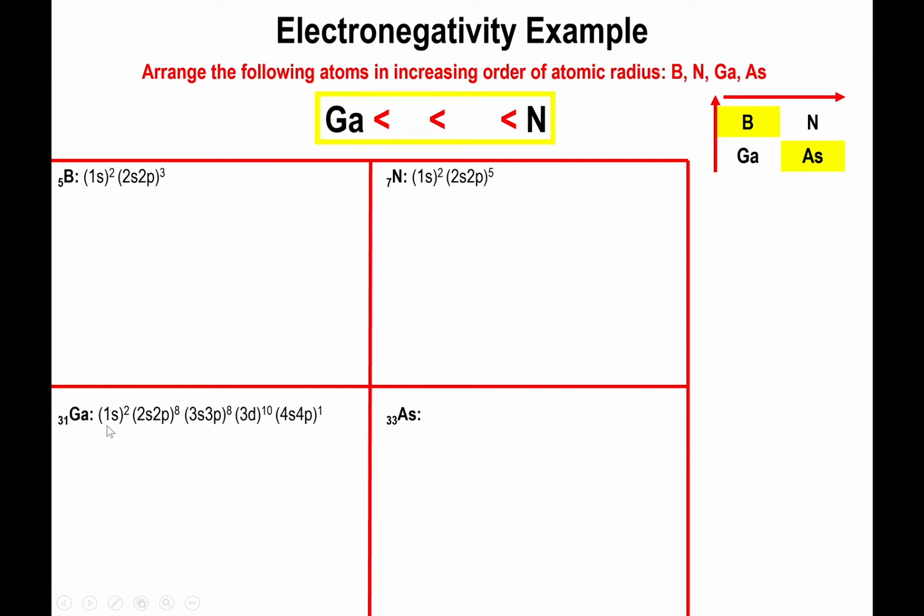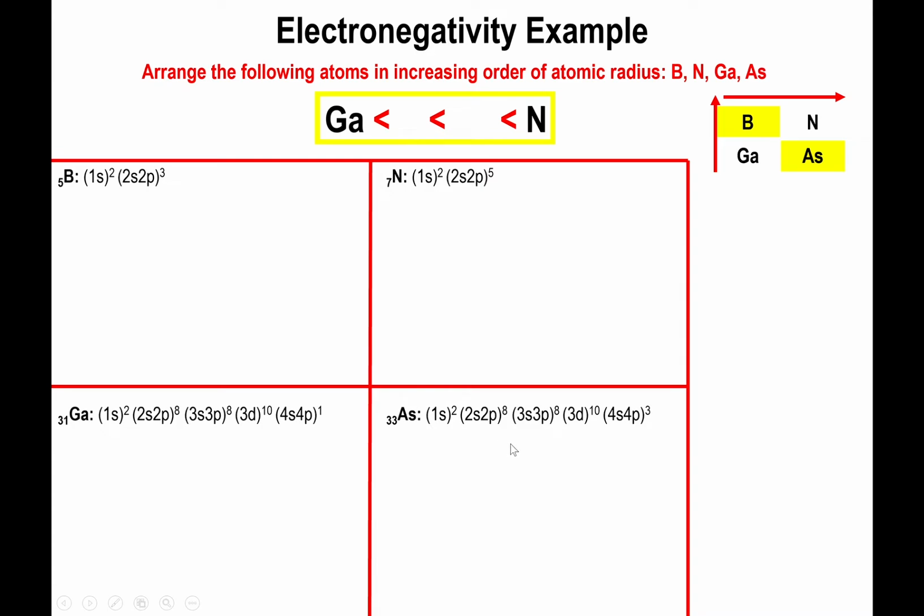For gallium we have 1s2, 2s2p8, 3s3p8, 3d10, and 4s4p1. For arsenic we have 1s2, 2s2p8, 3s3p8, 3d10, and 4s4p3. Okay, so you should be able to arrive at this grouping of electrons via Slater's rules by applying electron configuration